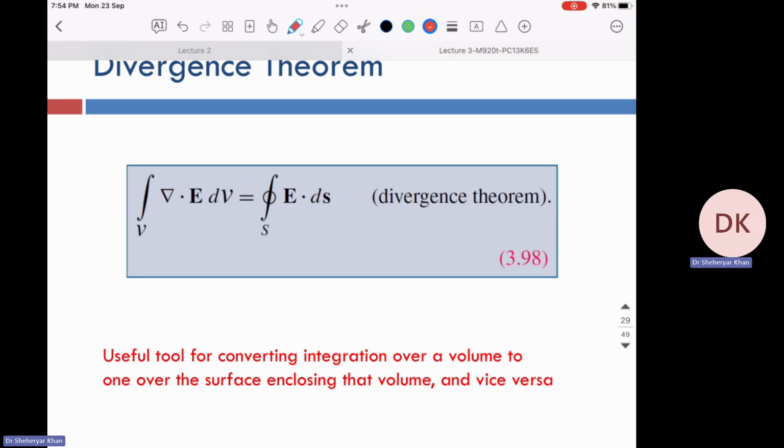Let's write down some of the important properties here. That's what we call volume integration. This is our vector field E, and that's called the divergence. And that's called the surface integral. Actually, it's a double integral, and this is a triple integral, that means x, y, and z. This is a double integral, so this flows integral sign means